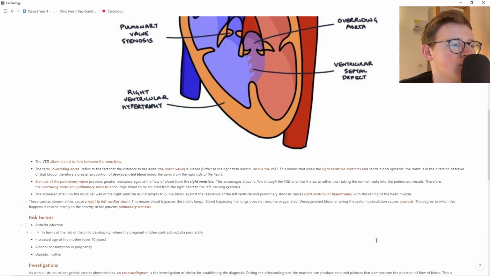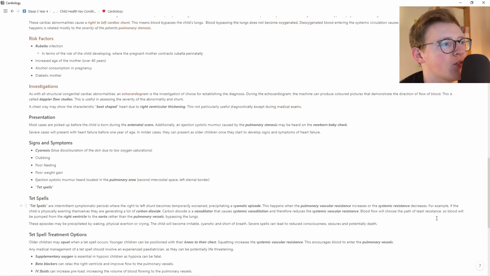The degree to which this happens is related mostly to the severity of the patient's pulmonary stenosis. So that's a really important factor. So investigations that can be done: echocardiograms, Doppler flow